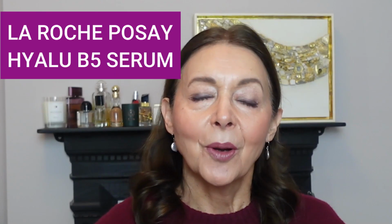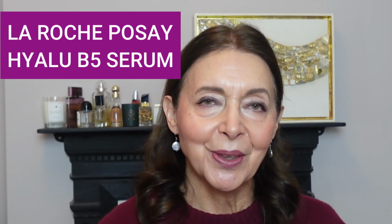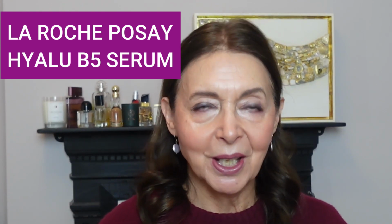So I thought it was better to leave it until my skin had got back to normal again. Now, what I've been using instead of the vitamin C is this La Roche Posay B5 serum. Now, I neglected to look at the ingredients list, which is very unlike me because I'm allergic to fragrance and I shouldn't be using any products with fragrance that are going to stay on my skin for any length of